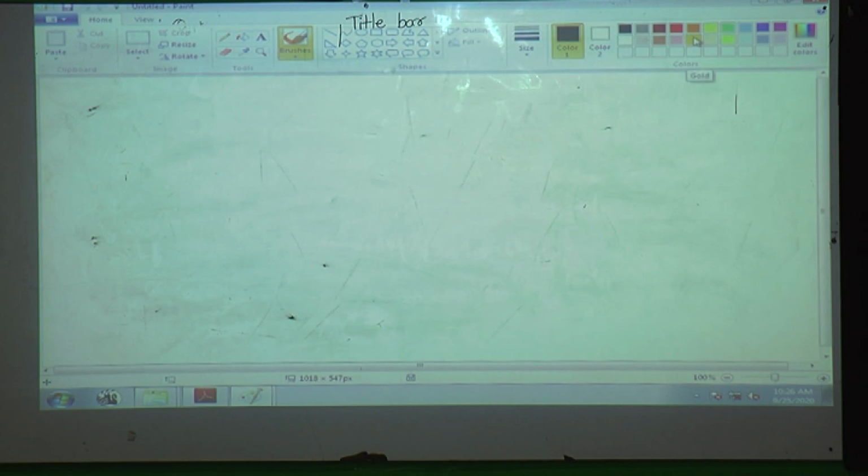Got it? Use of the minimize button and maximize button. When we press the minimize button, the window will be smaller. Minimize means smaller. And when we press the maximize button, the window will appear as a full screen, meaning it will increase the size of the window. Mini means small, maxi means big. Minimize, maximize.